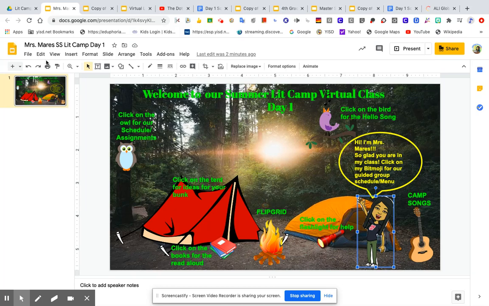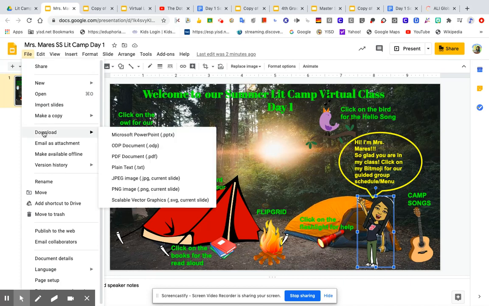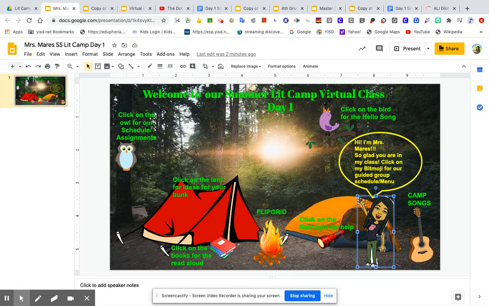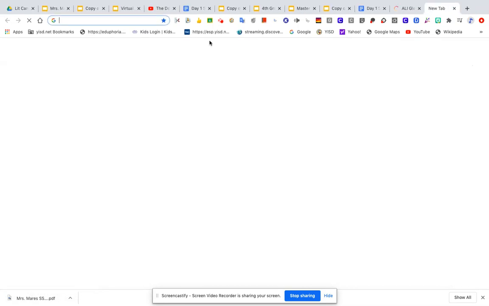So what you want to do when you add it to your Google Classroom, okay, you would assign this on Google Classroom. So you would click on File, and then you would download as a PDF document. You can leave it like this and make sure you make a copy for each student, but I like to download it as a PDF. Okay. Then when you go to your Google Classroom,